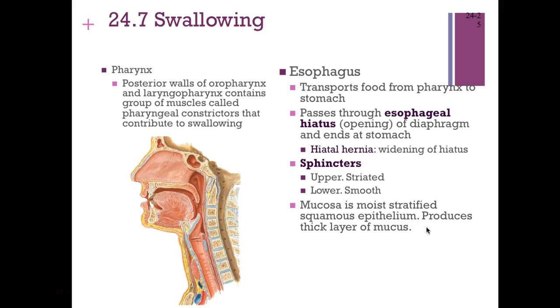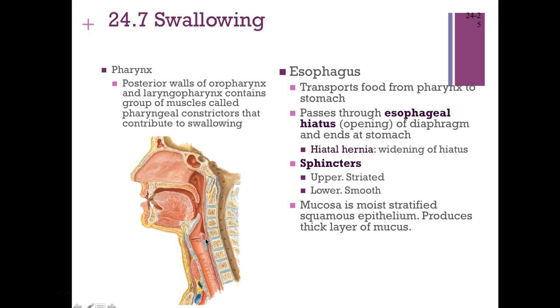So moving into swallowing, this is going to take place at the pharynx. The posterior walls of the oropharynx and laryngopharynx are going to contain muscles called pharyngeal constrictors that will assist us with swallowing. And that'll move the food down into the esophagus, back in here, and move it down to the